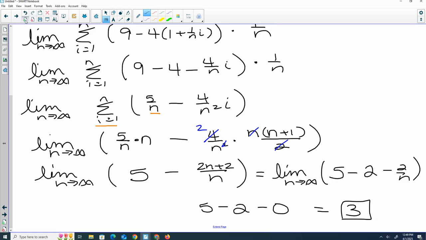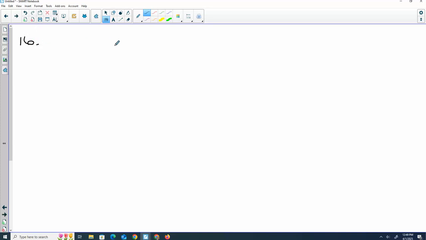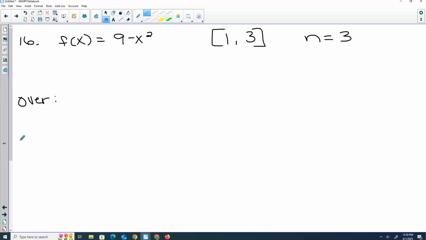Problem 16. We want the over and under approximation. f of x is 9 minus x squared. My interval is 1 to 3, and n is 3. So we have over and under. If you don't know which is which, you could always just wait until you calculate them, and the bigger one is the over. What we know is our change in x,